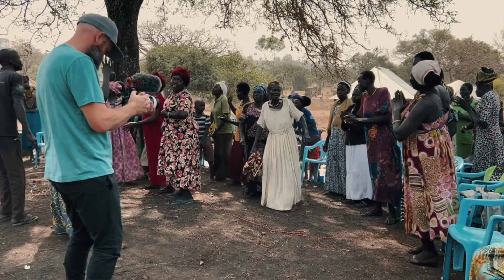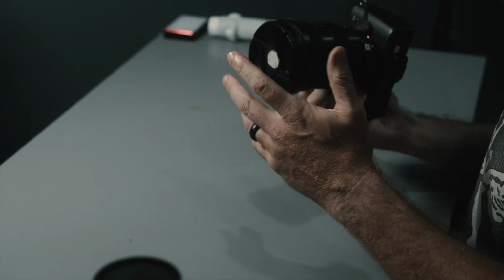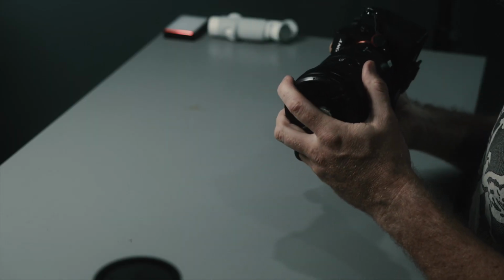Shift your weight on your hips. This allows you to get small movements with solid stability. Another factor is the actual camera. So I love Sony stuff. I've been on Sony for over 10 years. The A7 IV is my current